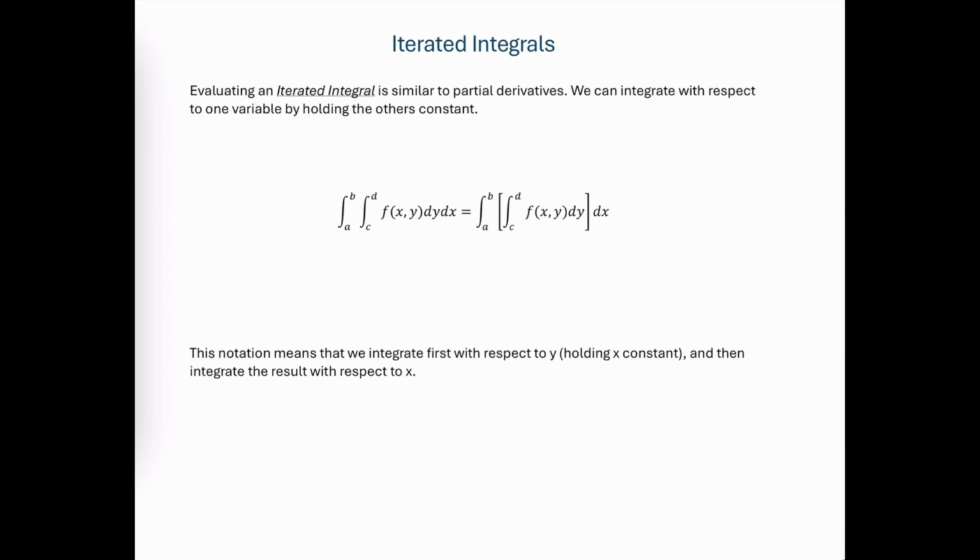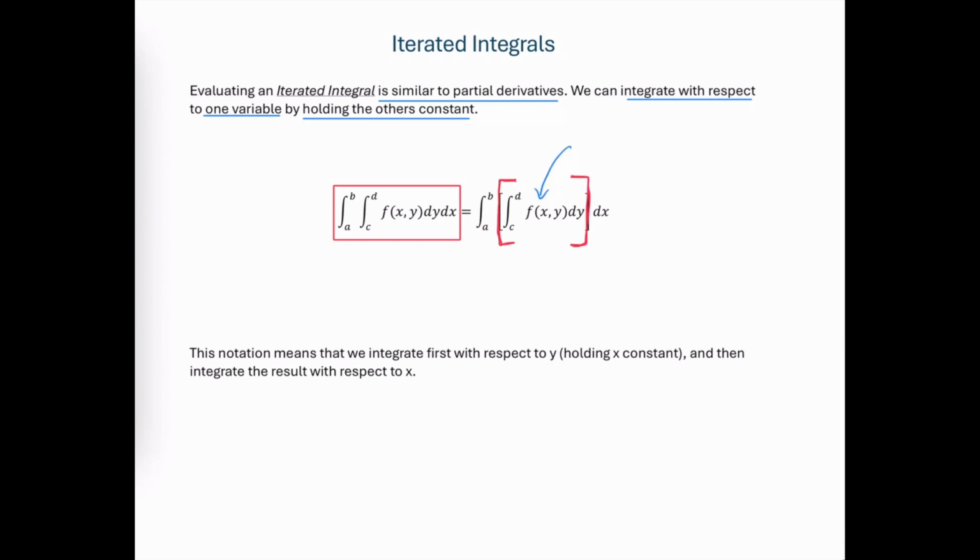This is an introduction to the iterated integral. An iterated integral is treated similarly to a partial derivative. Essentially, we're going to be integrating with respect to one variable at a time while holding the others constant. So this double integral notation here basically means that we're going to look at this innermost integrand first and integrate